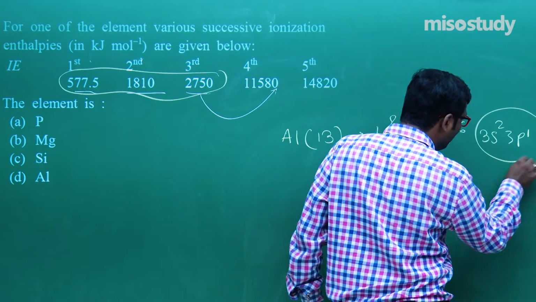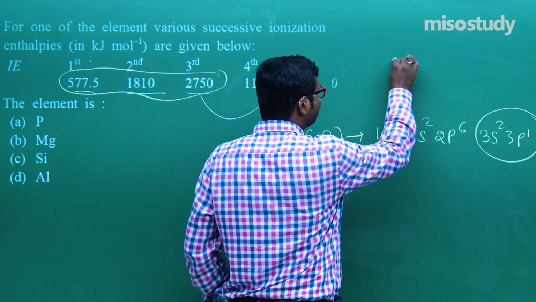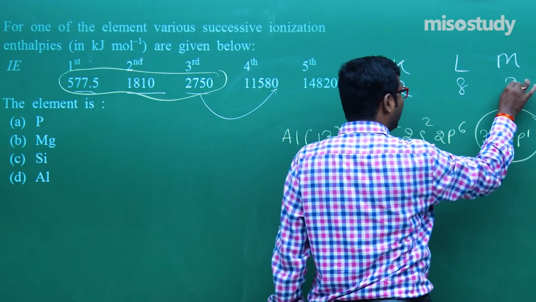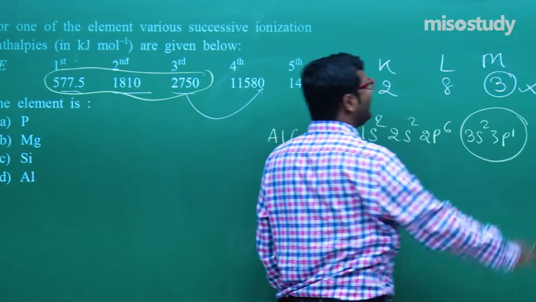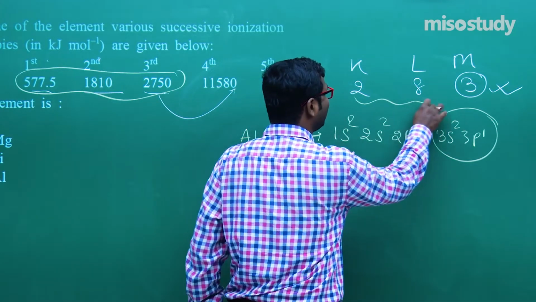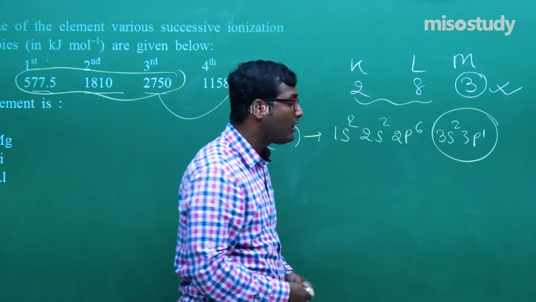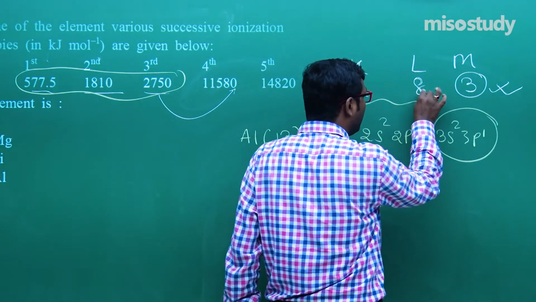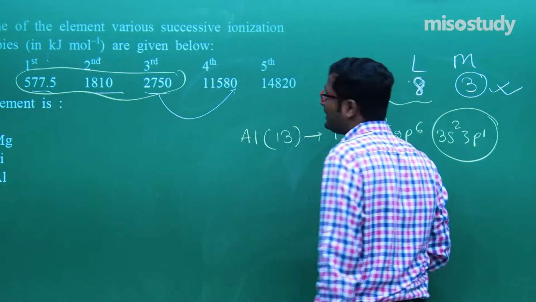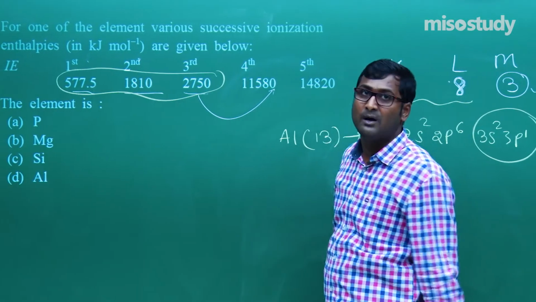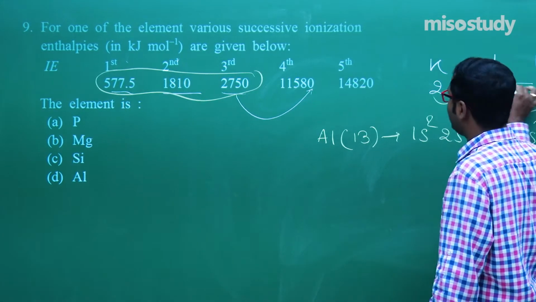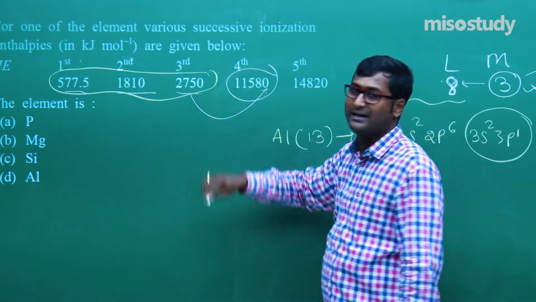You can easily remove these 3 electrons because shell-wise it can be written like this, K L M: 2, 8, 3. 3 electrons in the outermost shell can be removed easily. After removal of 3 electrons, it acquires the inert gas configuration. So you cannot further remove one more electron from this inner shell. If you want to remove it, you require a maximum amount of energy. Due to this reason, from 3rd to 4th, the increment of energy takes place.